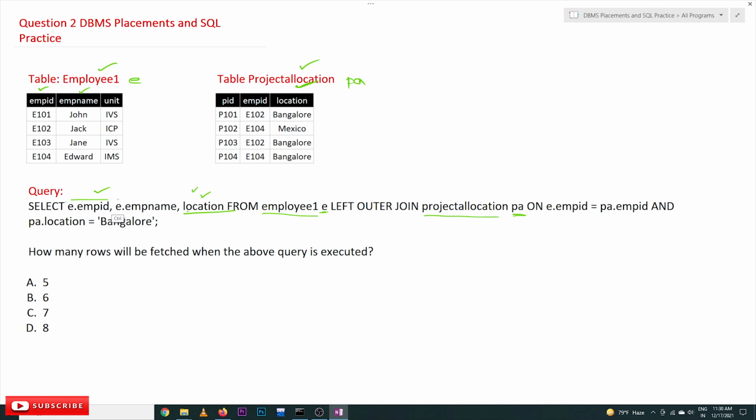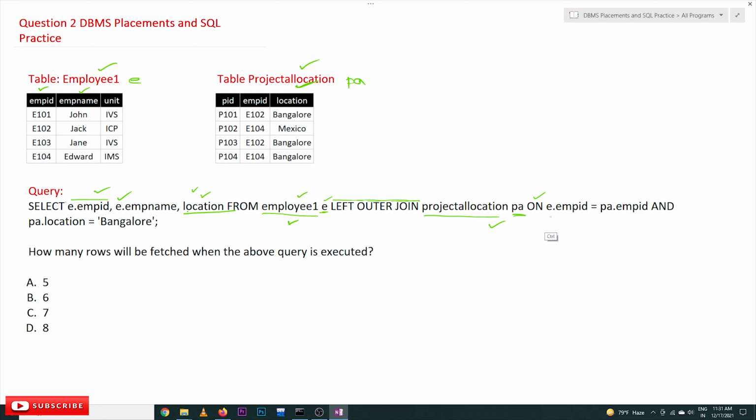with the aliasing name. Now, from employee 1 E, we are using the left outer join. This is our left table, and the right table is project allocation PA. On what condition are we going to do this left outer join?